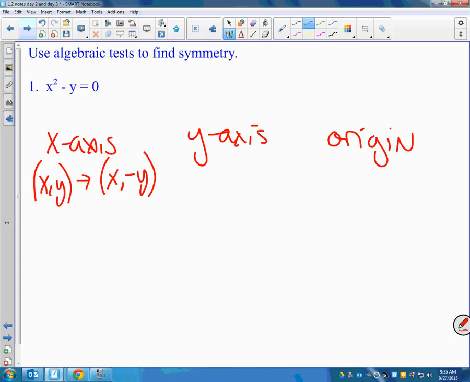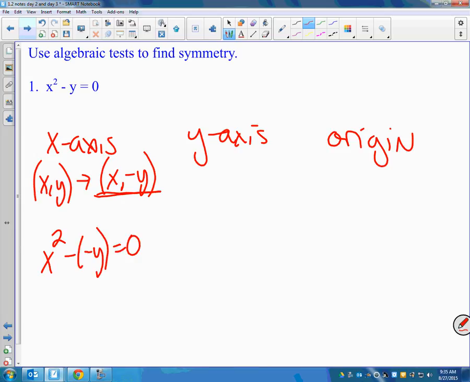So a really easy way to check for symmetry is if you plug this point into the equation, it should simplify back to what it started with. Like nothing should change if it's symmetric with the x-axis. So I'm going to show you what I mean by that. So x is obviously going to stay x. But if I replace y with negative y,